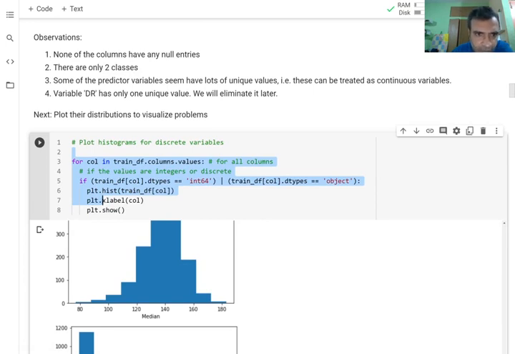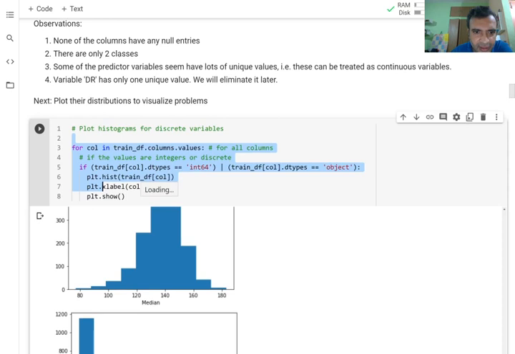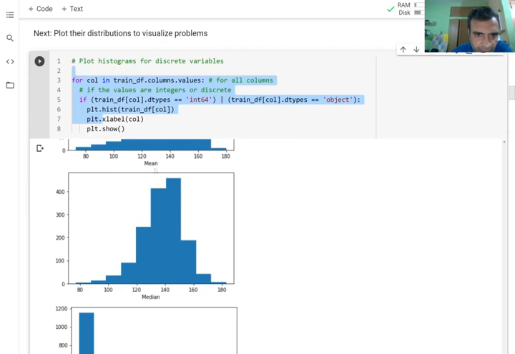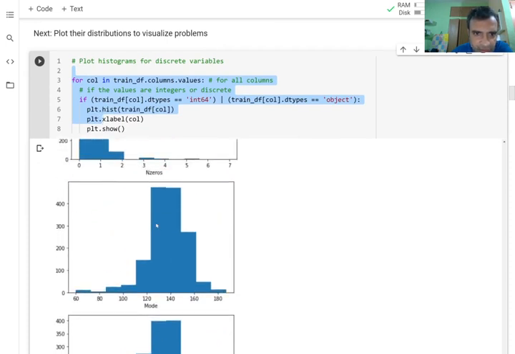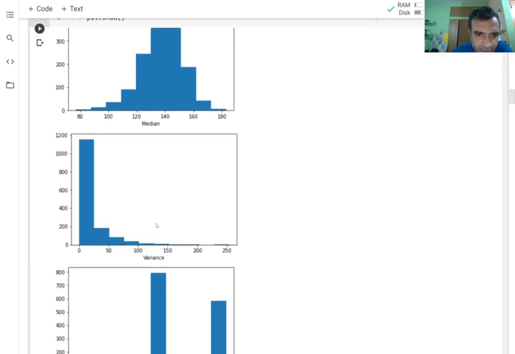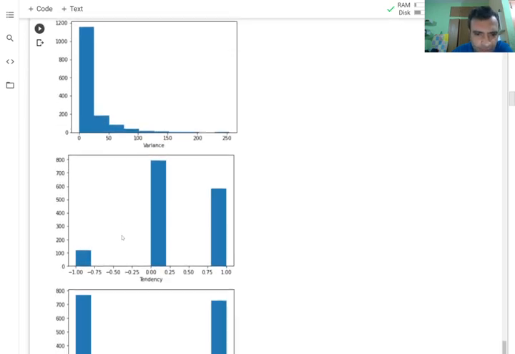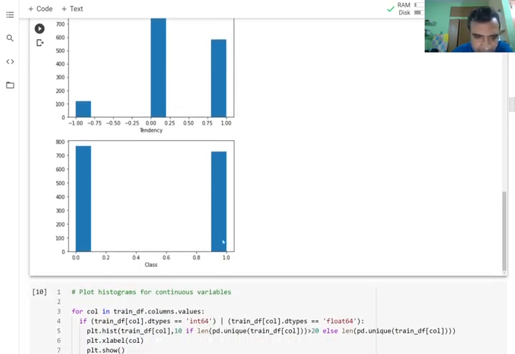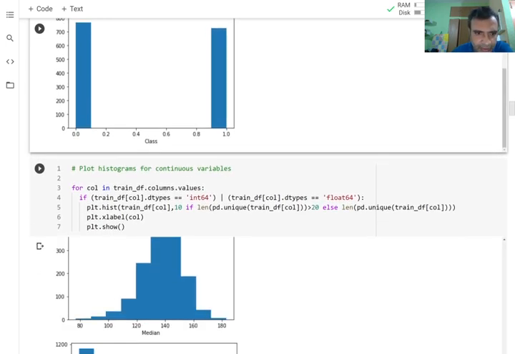Now the next step is to visualize all of these to see whether they are spread out. So I will plot their histograms. First of all I will go through all the columns again, and I will plot their histogram. If you look at these histograms, you can see that there are lots of different values for this variable called mean, and this variable called mode, and so forth. Some of them are highly skewed, they are towards 0. Sometimes that can create problems, and then we can drop those variables, but here I'm not going to. In tendency, there are only 3 unique values, so it's a discrete variable, and obviously class has only 2 unique values. I've skipped a lot of the histograms just to go through it quickly.